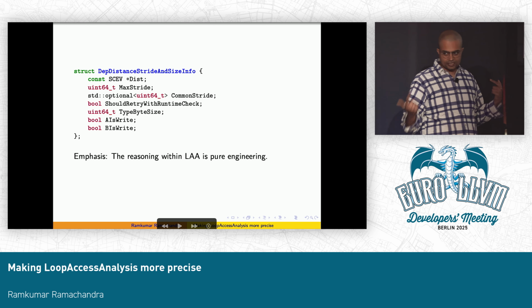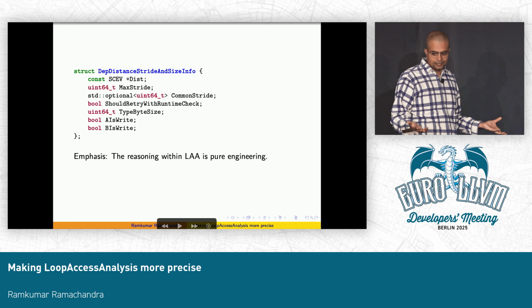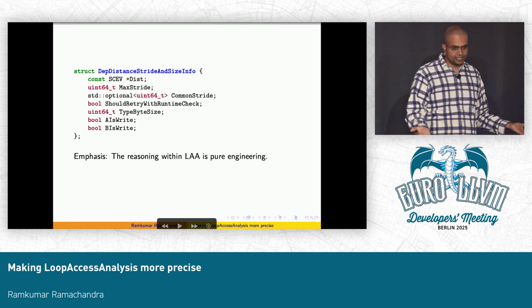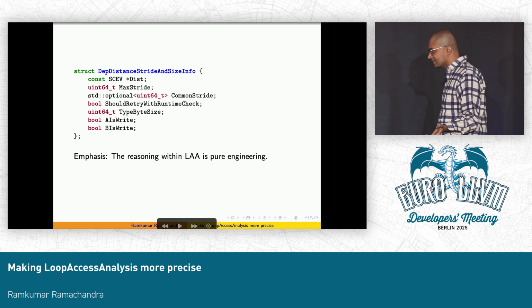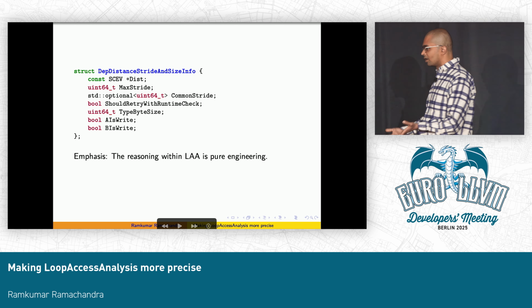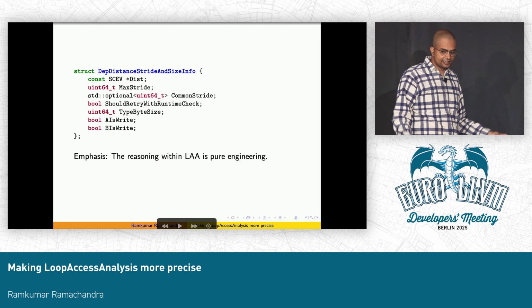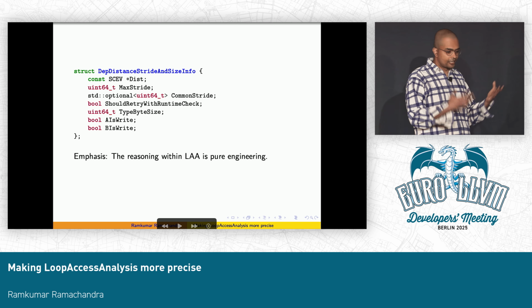So you would say, okay, what is this? Is this some theory or something like that? No, it's not. We found that this is the most obvious way to subtract SCEV expressions and communicate whether we should retry with runtime checks, what is the max stride, what is the distance, and we can tell what the dependence is, therefore. Like I said, the dependence distance is just a SCEV minus. But again, you have to ask yourself, if you do the SCEV minus,